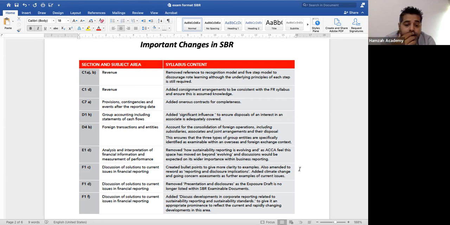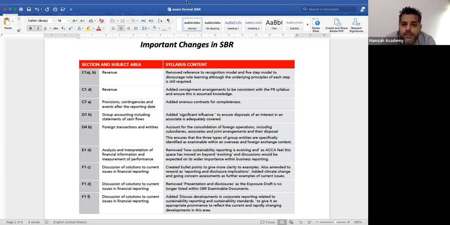that has been added. And luckily, exposure draft has been removed. Now we don't have to talk about the exposure drafts. And discussion of the solutions to the current issues in financial reporting, the discussion of the developments of corporate reporting related to sustainability reporting and sustainability standards. So if I look, these are the changes which are right here before our attempt of the